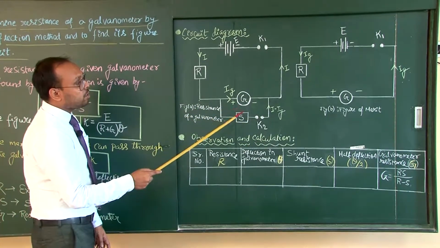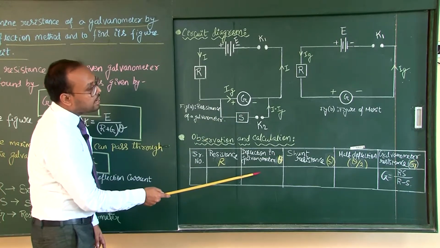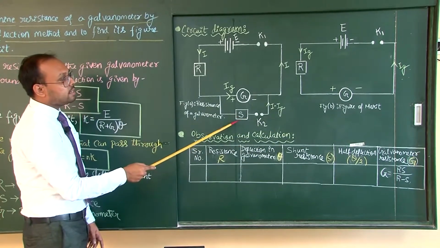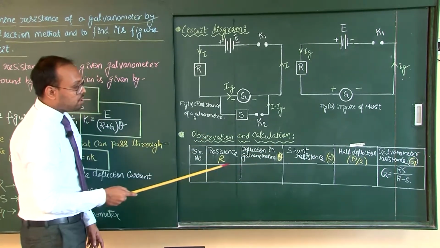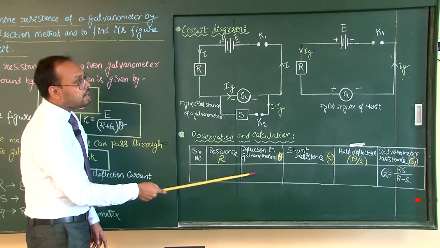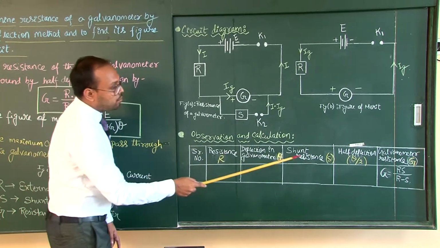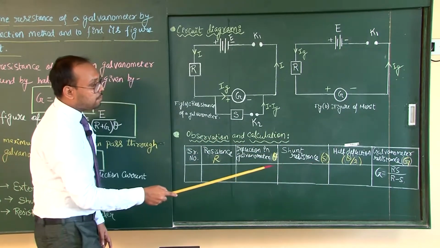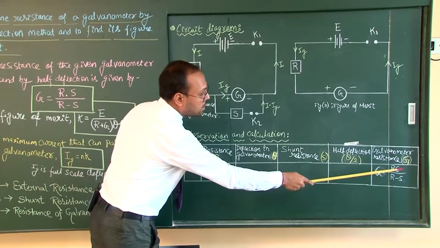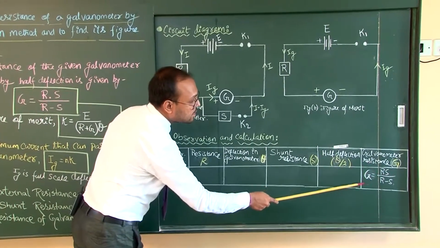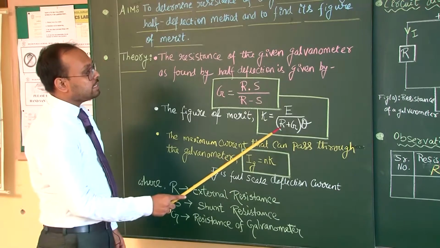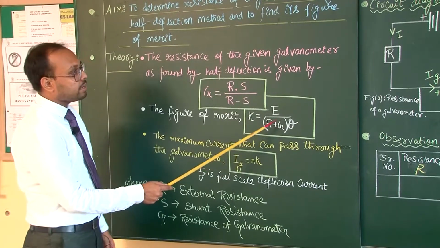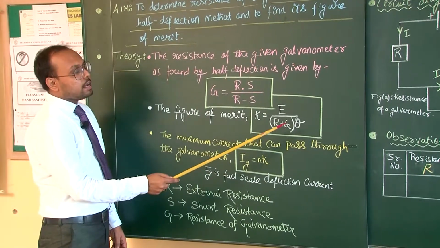Now, how much deflection will we take? Whatever theta we have got, next we have to adjust it to theta by 2. For that, we have to calculate what shunt resistance is required. So, first for the load resistance we got some theta value. Now, we connect the shunt resistance in such a way that we get theta by 2. Then, with the value of capital R and the value of capital S, we will calculate this G value. After calculating the G value, we will open the shunt resistance, disconnect the key K2, and then calculate from there. Now, what will we be doing here?